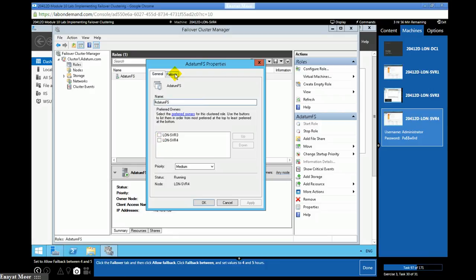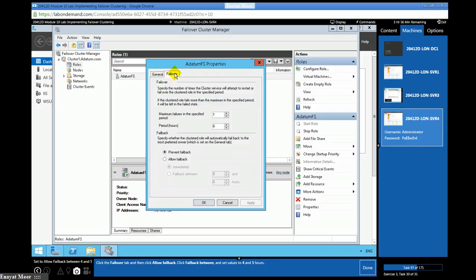You can actually set failback options between these two servers. You can allow failback. It is up to you how you're going to do that.